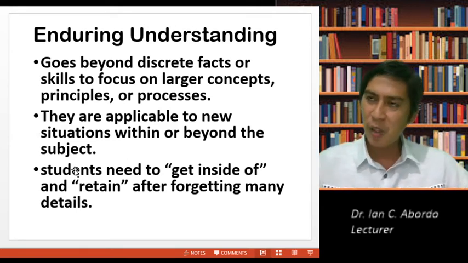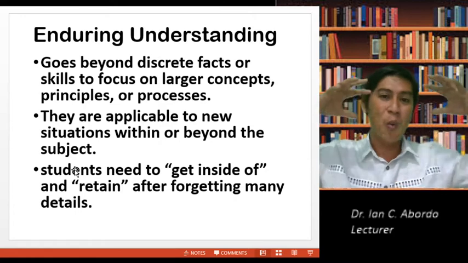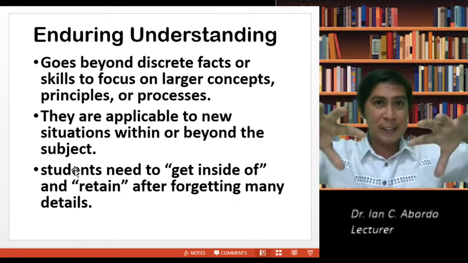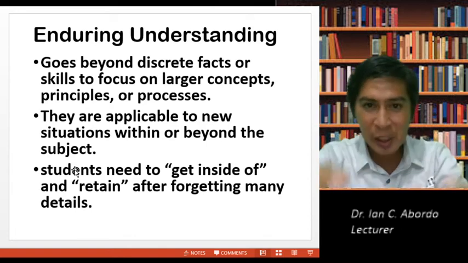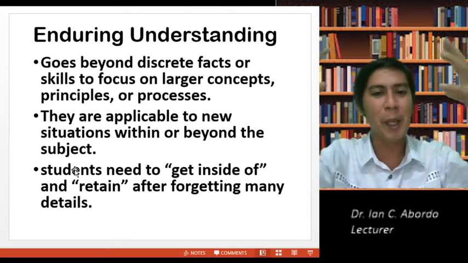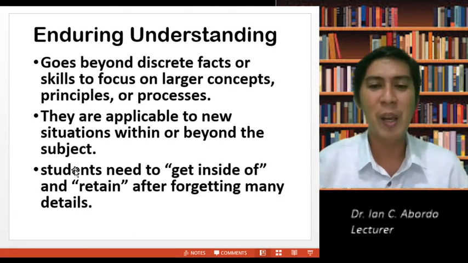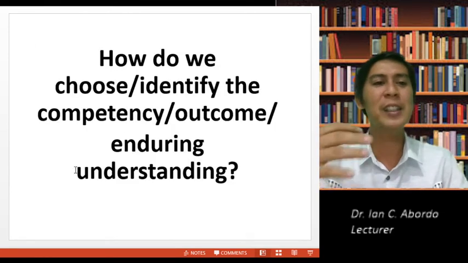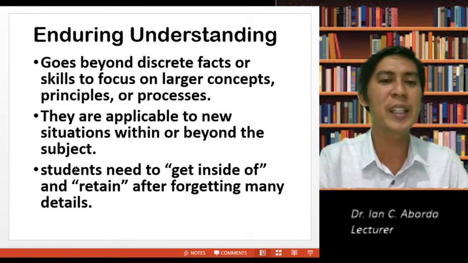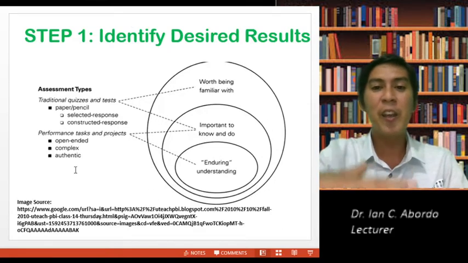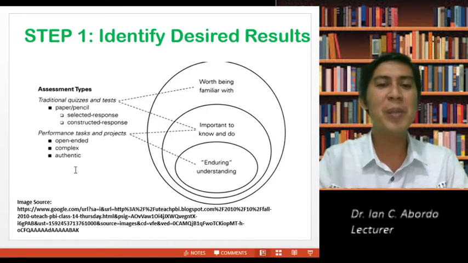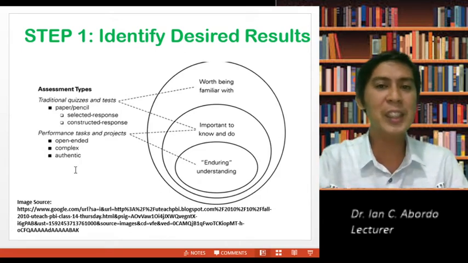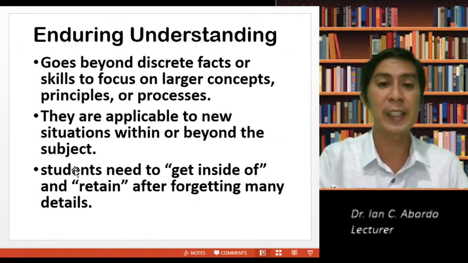So they forget many details, but when they have experienced something, they will never forget those. And along those experiences are concepts and principles that they will not really forget. So that is enduring understanding, and we can detect that if the students can perform performance tasks, and performance tasks must be placed in context in real life settings.